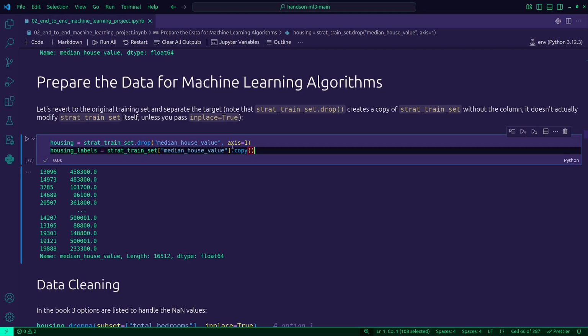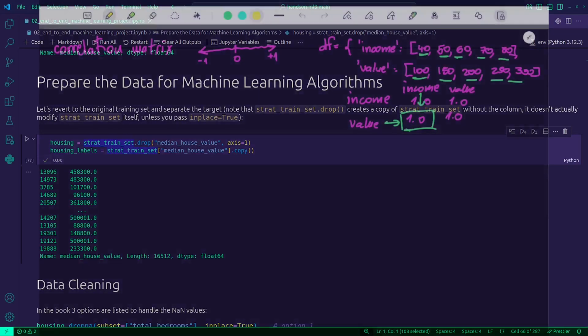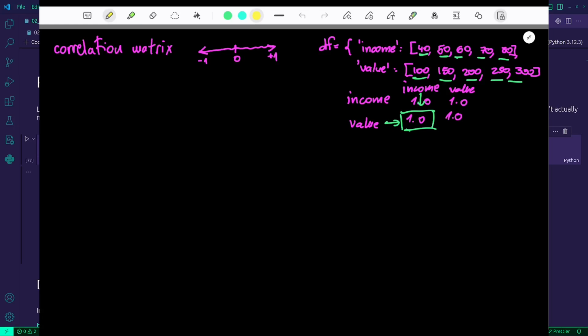Oh, maybe the copy is also interesting as well. So we make a new copy to avoid modifications to the original train set data frame. Now, with this in place, we can do a lot of things next, like apply transformations, use the inputs and outputs separately, avoid data leakage.